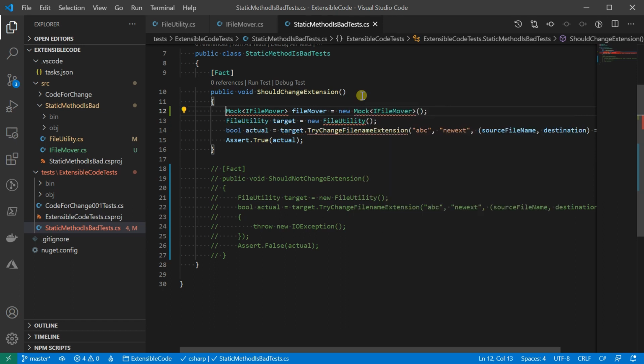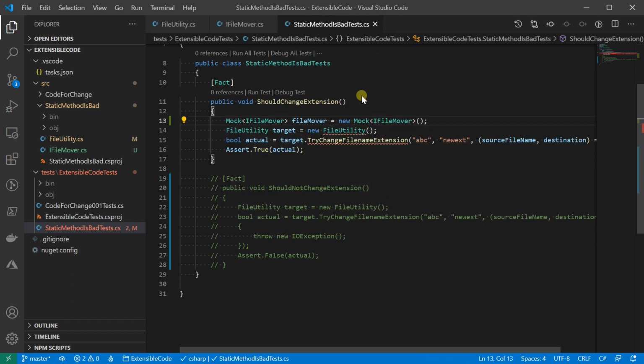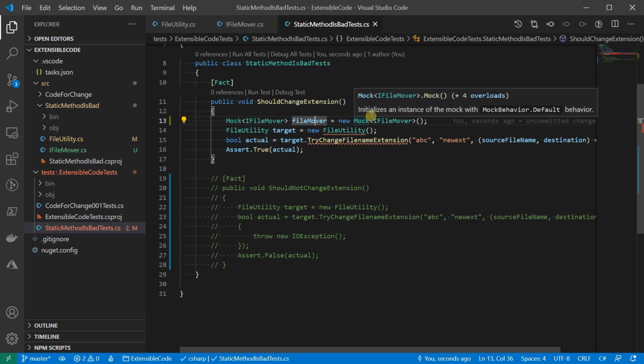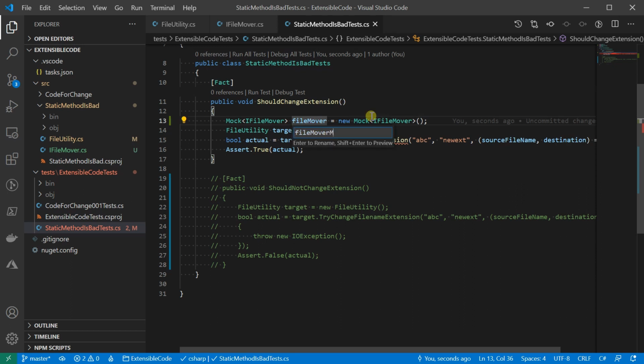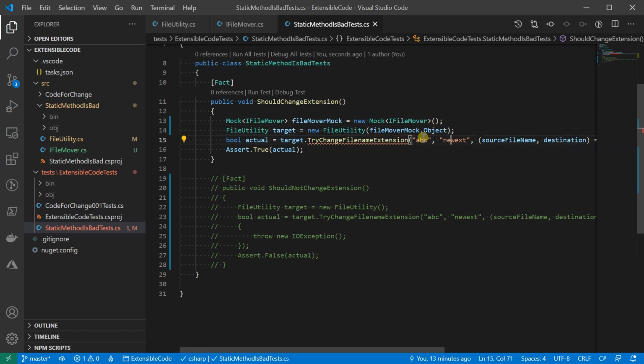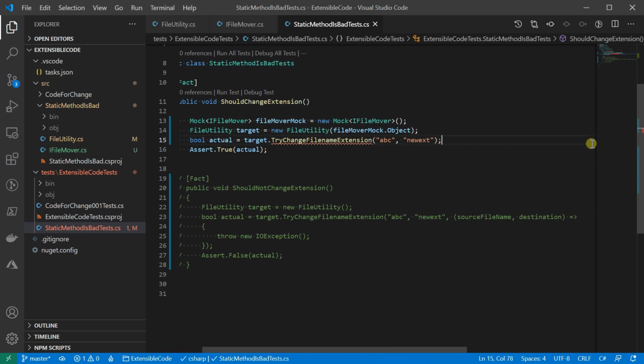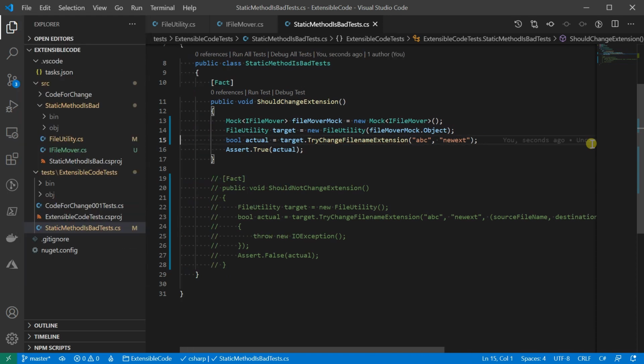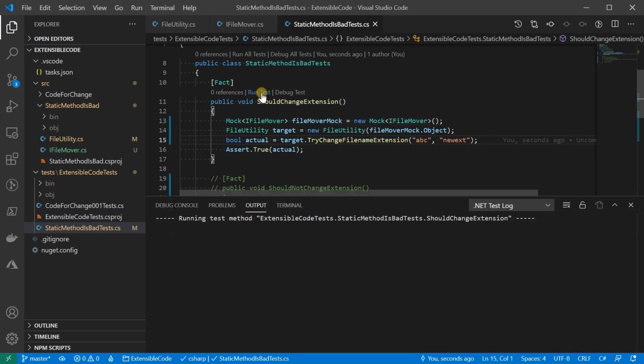By default, this mock is not going to do anything, and that's actually what we want at this moment. Let me call it fileMoverMock, and put in this object. Now we don't need to pass in the delegate anymore, and that's it. Let's try running this unit test.